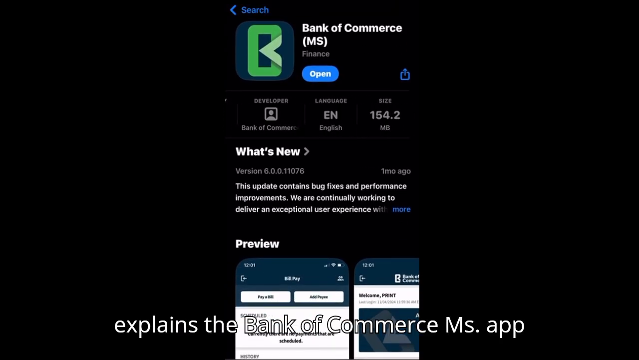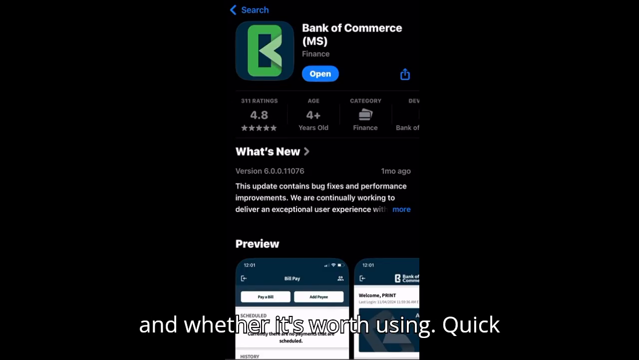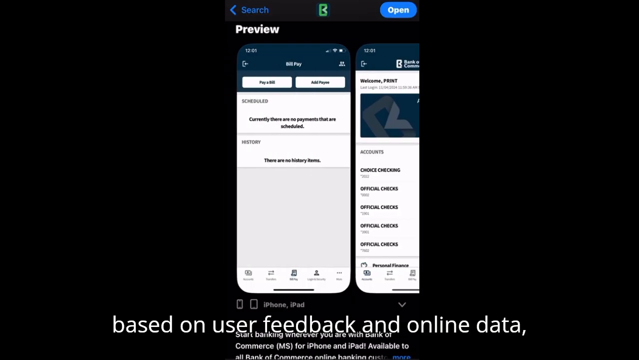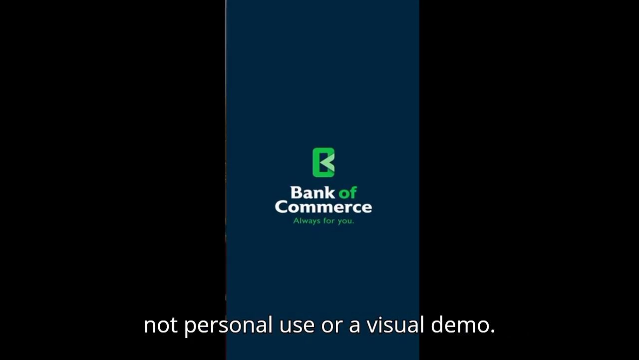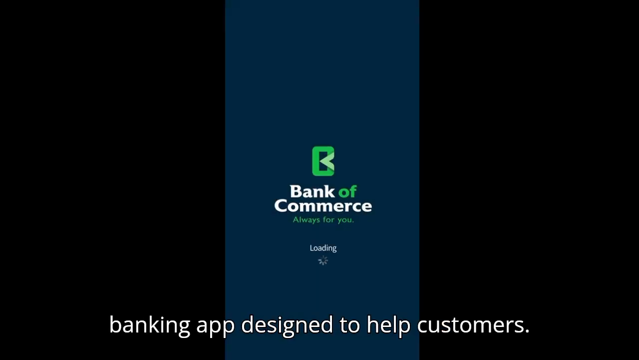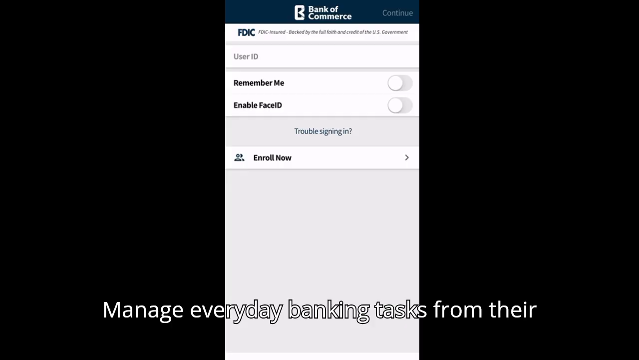This video explains the Bank of Commerce (MS) app and whether it's worth using. Quick disclaimer. This is an explained review based on user feedback and online data, not personal use or a visual demo. Bank of Commerce (MS) is a mobile banking app designed to help customers manage everyday banking tasks from their